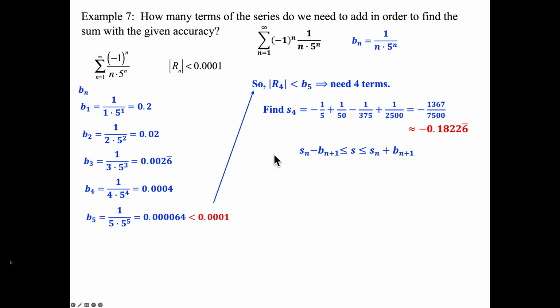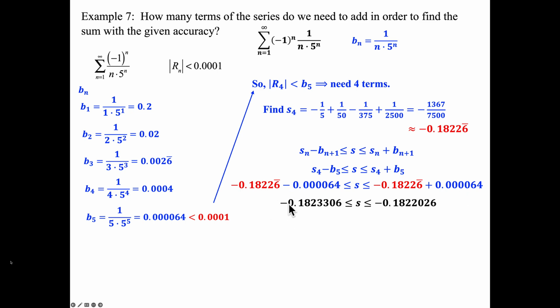And I have b sub 5. So I'm going to go to my compound inequality to make my estimation now. So s sub n, check that, which is going to be s sub 4. S sub 4 minus b sub 5, that's my first neglected term, less than or equal to my infinite sum s, less than or equal to s sub 4 plus b sub 5, again the first neglected term. So let's put in all the values. There's my s sub 4. There's the b sub 5. We can crunch these numbers, both left and right. And I'm going to subtract this on the left. That gives me negative